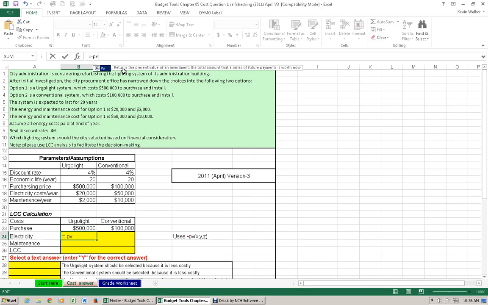So I see the definition returns the present value of an investment, the total amount that a series of future payments is worth now. In this case, we want to know what 20 future payments, 20 years, at $20,000 a year is at a 4% discount rate. Okay? All right, so equals PV,